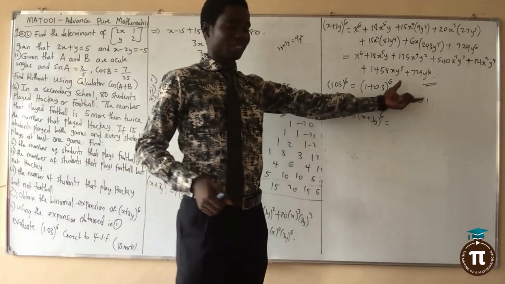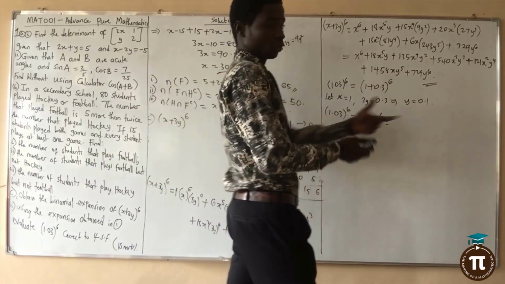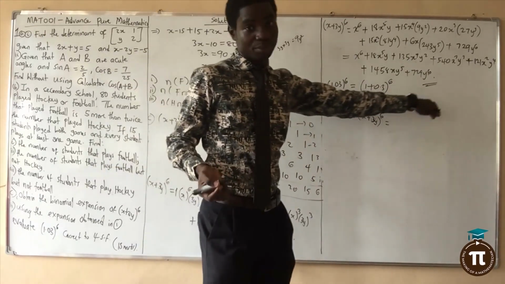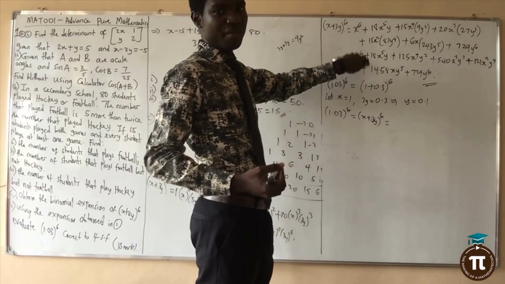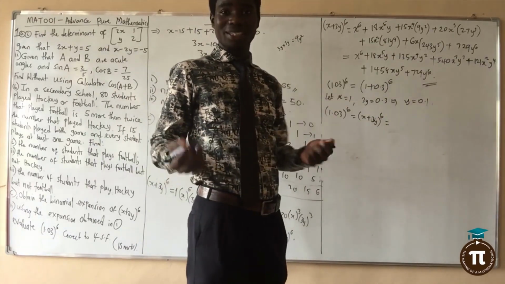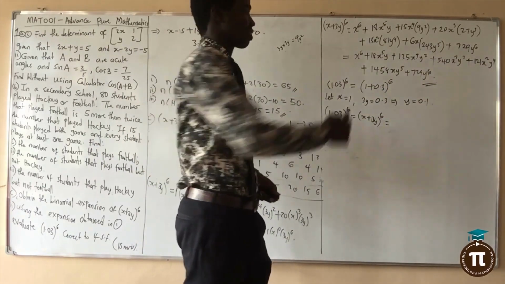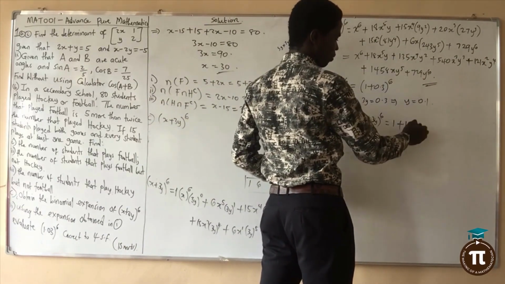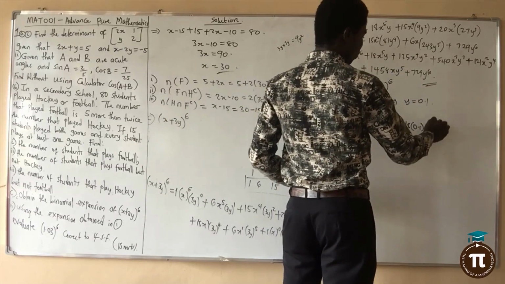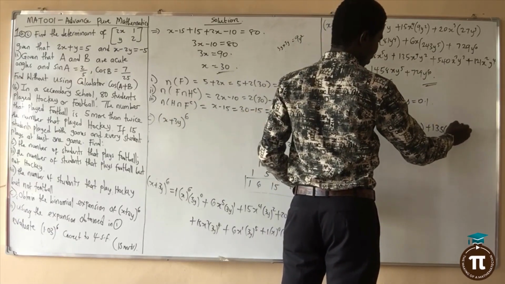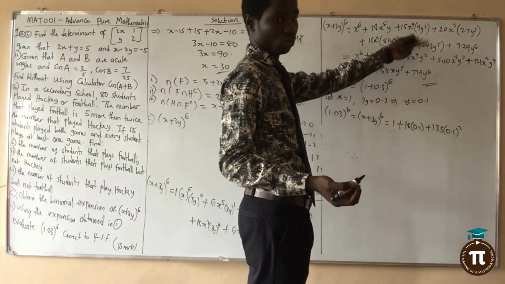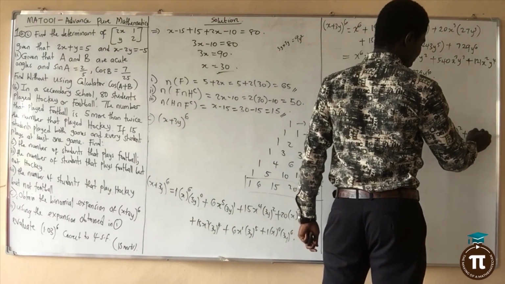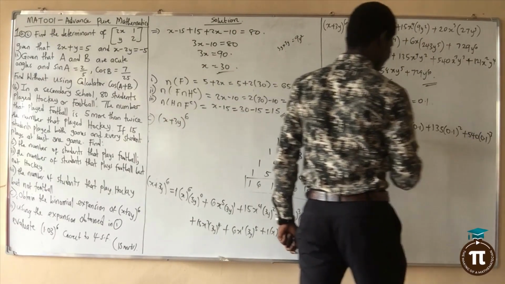So what does that mean? x is 1, y is 0.1. I've already showed you. So now this is x. Anywhere you see x, put 1. Anywhere you see y, put 0.1. So this is 1. 1 raised to the power 6 is 1. 1 raised to the power anything is 1. So I won't be writing 1 raised to the power 6. This is 1 plus 18 times 1 is 18 multiplied by y, which is 0.1, plus 135 times 0.1 squared. Actually, because of x raised to the power 4, 1 raised to the power 4 is 1. Everything is 1. So plus 540 times 0.1 raised to the power 3